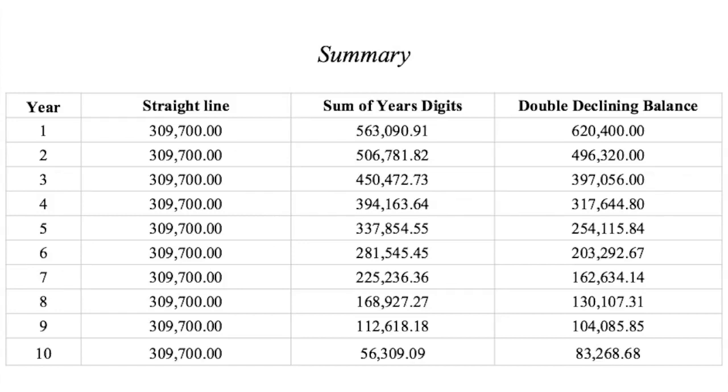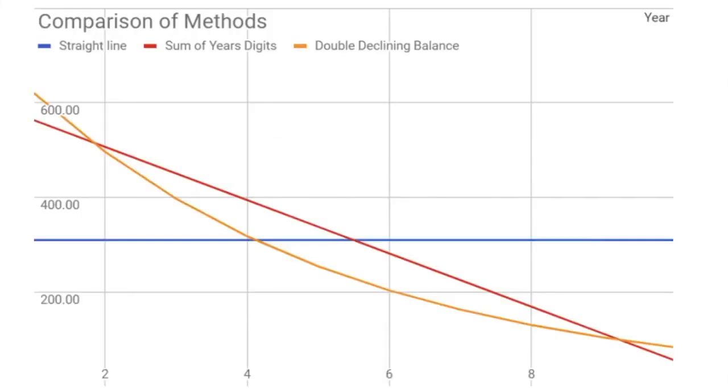To summarize, the depreciation in the straight line method remains constant all throughout the life of the asset, while the depreciation in the sum of years digits and the double declining balance decreases through the years. This is the graphical representation of the three methods. From this chart, we can see how the straight line method is just consistent with the depreciation per year, while the sum of years digits is accelerated on a sloping line, while the double declining balance is curving.